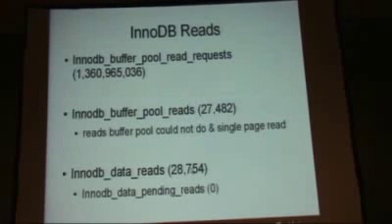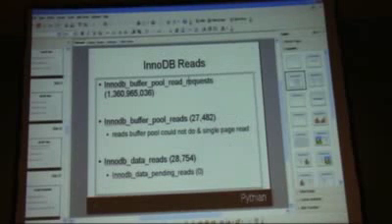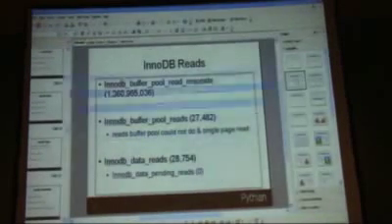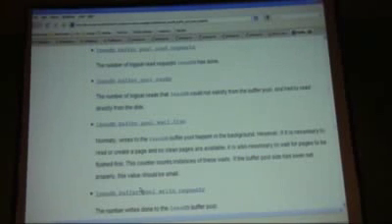Well, let's see what the manual has to say. Maybe they'll say it in a way that makes more sense. Buffer pool read requests: number of logical read requests InnoDB has done. So yeah, it's not very helpful. But basically, it's